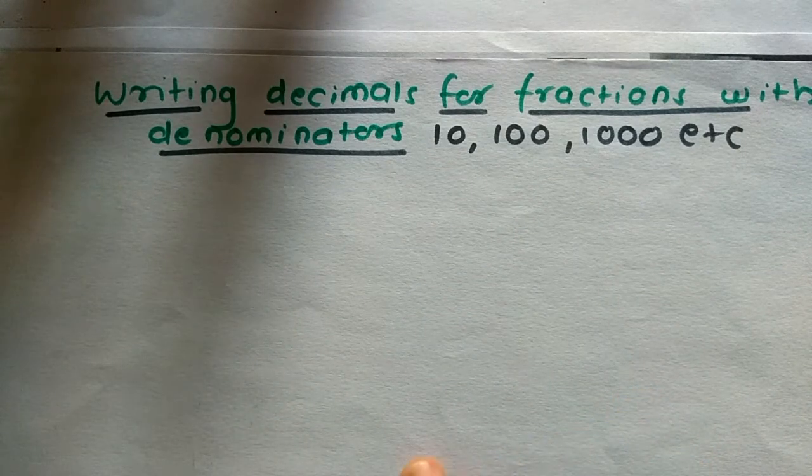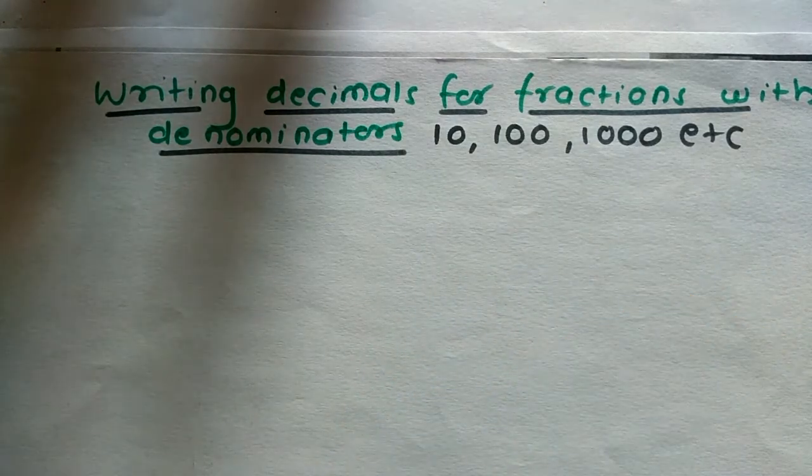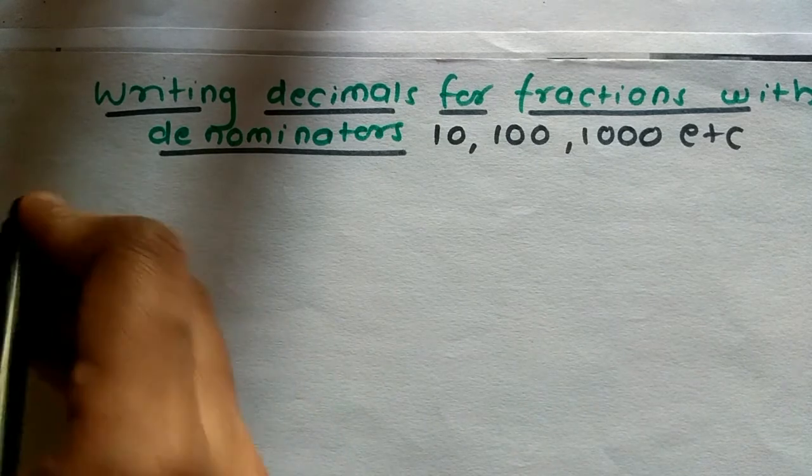As we know, we get decimals in fractions when the numerator and denominator do not get completely divided by a single number. At that time we have to do the actual division. The numerator will not divide completely by the denominator, so we get the fractional part or the decimal part. But when we have the denominator as 10, 100, 1000, there is no need to do the actual division. So let us start with one example.